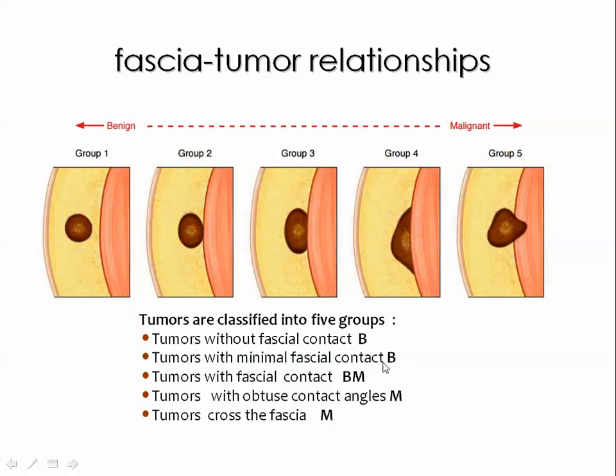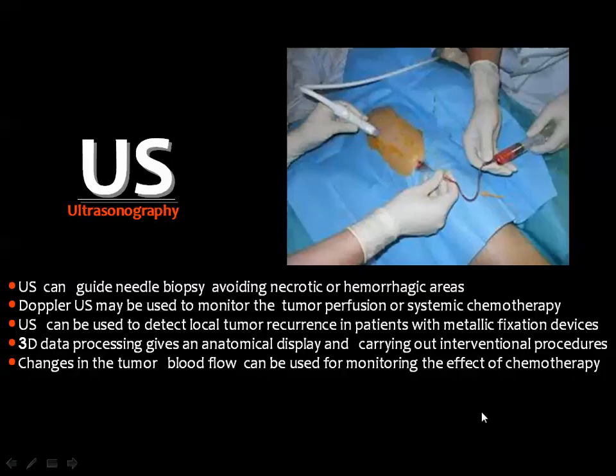Also, tumors with minimal facial contact are benign, but tumors with somewhat broad facial contact and acute angle are an intermediate group between benign and malignant. Tumors with obtuse margin and also tumors invading the underlying fascia are considered malignant. Ultrasound can also be used to guide biopsy taking and also to aspirate